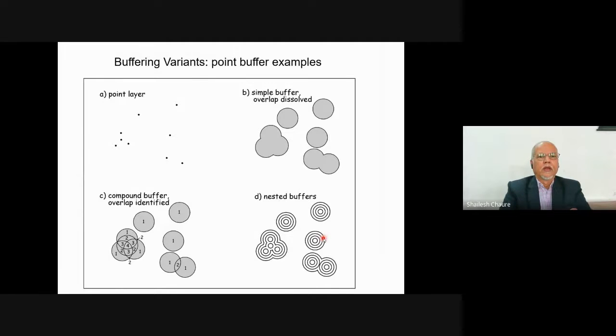Now we can even dissolve the buffers also. Because you create a buffer like this, one circle, second circle, three, four circles will be created, but the internal boundaries of these four circles can again be dissolved, or their numbers can be computed, and you can have the smaller circles based on the number of intersections, because here four circles are intersecting, so a smaller circle has been formed here. So nested buffers and simple buffers and compound buffers, all those kind of things we can do,